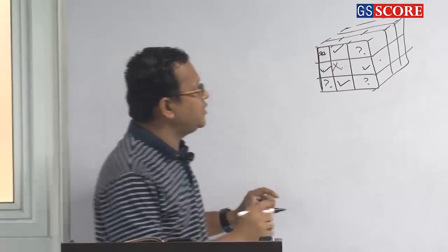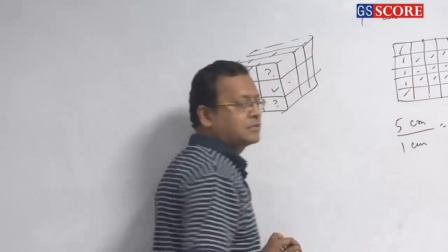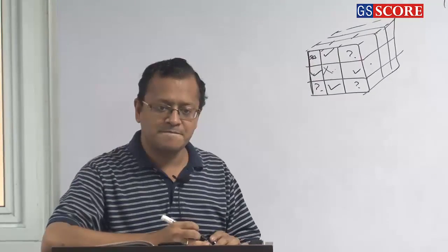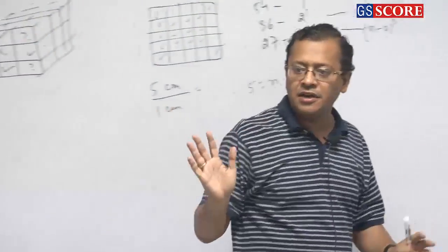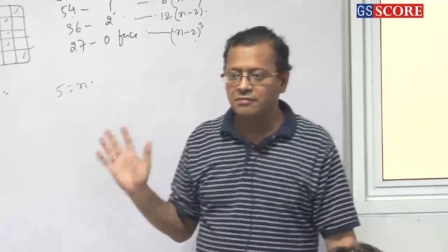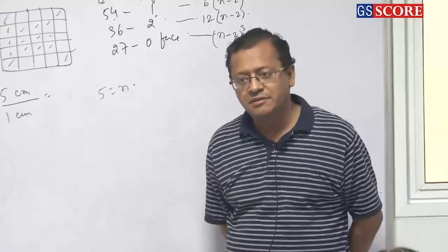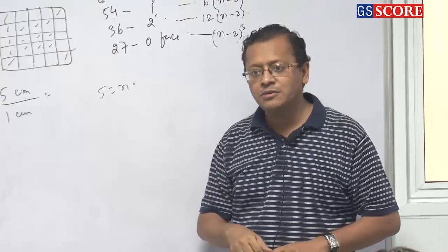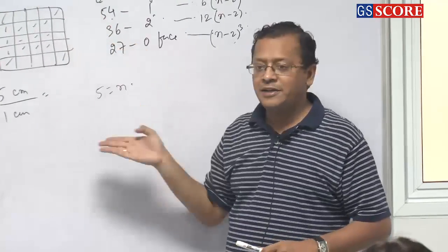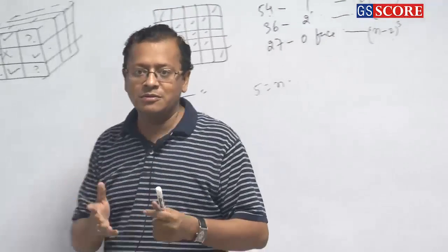Now it is cut into 1 centimeter cubes. Clear or not? So initially the whole room outside it is colored in say red color. Okay, 6 centimeters length, 5 is the breadth and 4 is the height. Okay, and it is cut into 1 centimeter cubes. So how many cubes will be formed? 120. Now you are right. Now you are really in a soup right now. So what will you do?